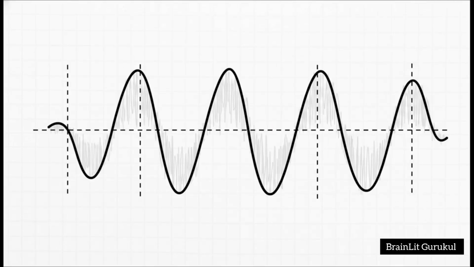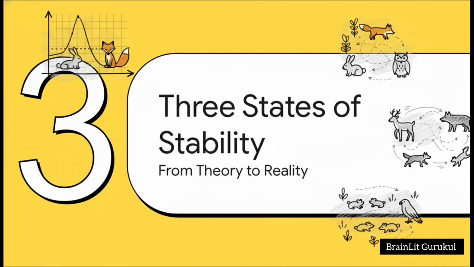The classic Lotka-Volterra model predicts these very neat, very perfect oscillations. They're perfectly periodic, repeating at exact intervals. The amplitude, so the height of the peaks and the depth of the valleys, stays exactly the same. They don't shrink and they don't grow over time. But, that perfect model is just our starting block.